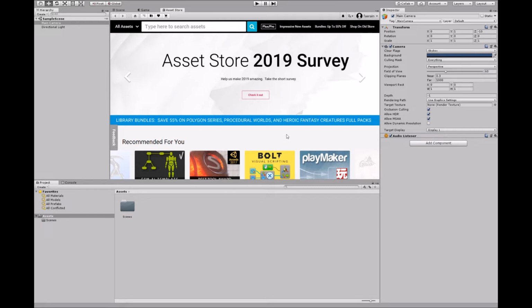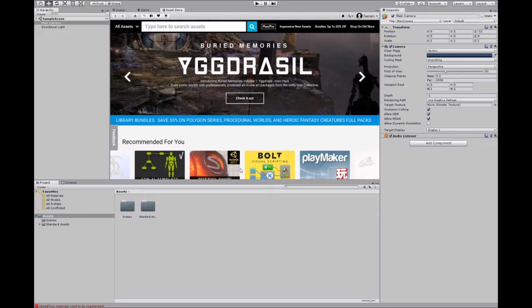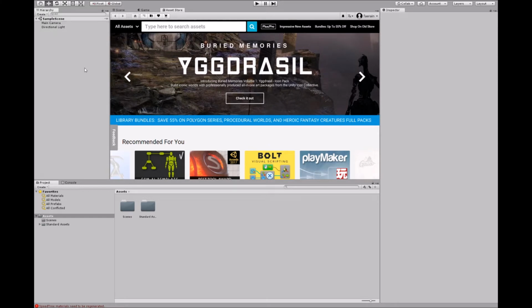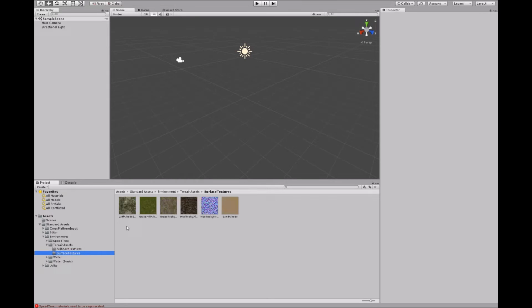Alright, so now we have our standard assets. Let's go ahead and expand the triangle menu next to Assets and expand the one under Standard Assets, expand Environment, and what I like to use is under Surface Textures. You'll find this under Terrain Assets, Surface Textures. This gives us a real nice collection of different things that we can put on our terrain or our objects